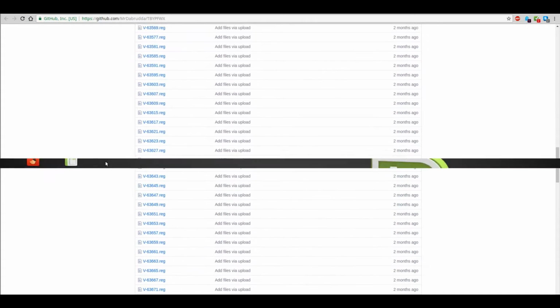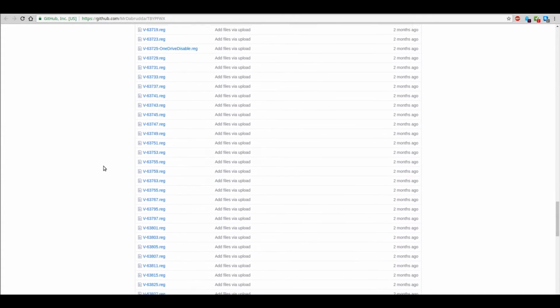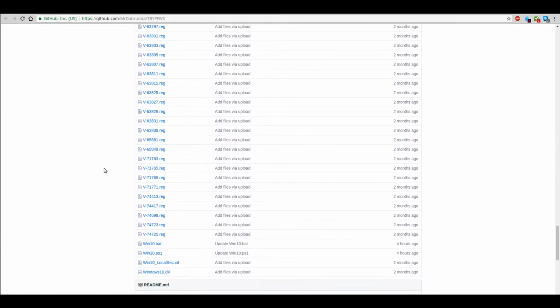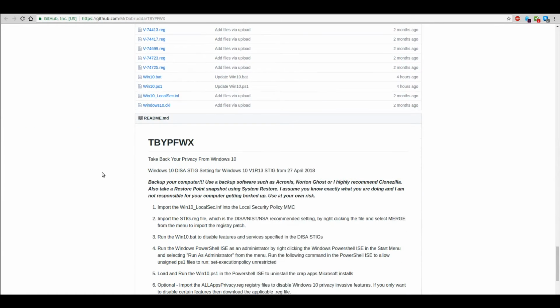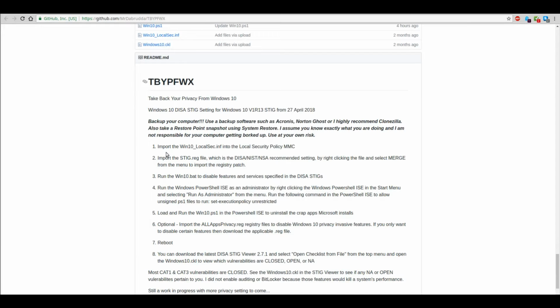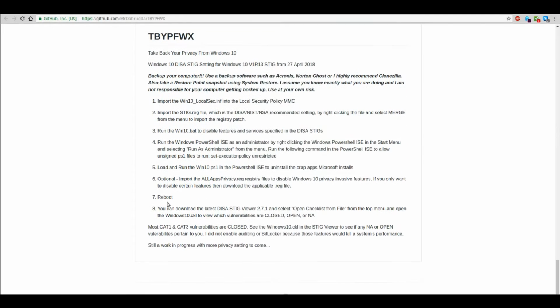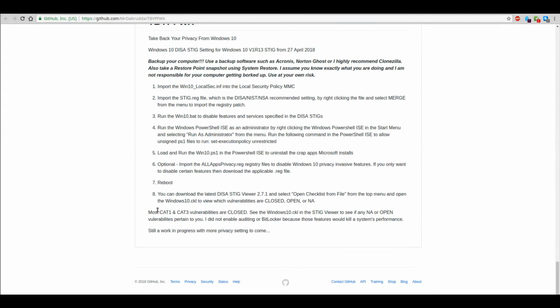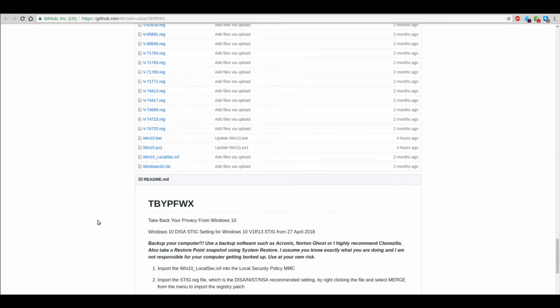this will make your Windows 10 probably about 95% STIG compliant with the DISA STIGs. This README tells you exactly how you set this up and secure your Windows 10 and prevent it from disclosing a bunch of crap to Microsoft without